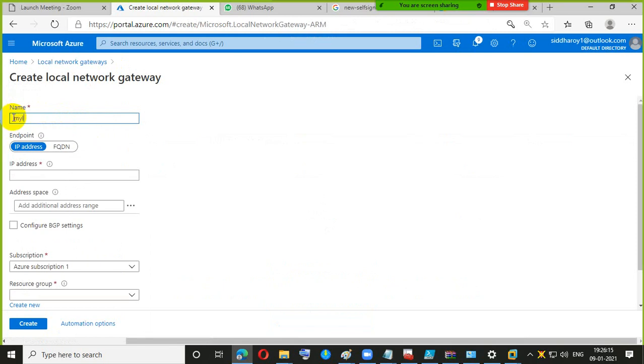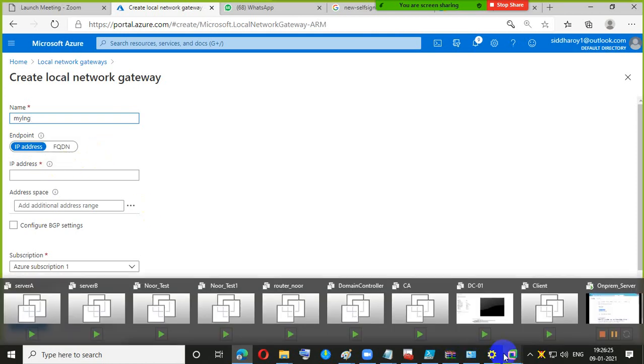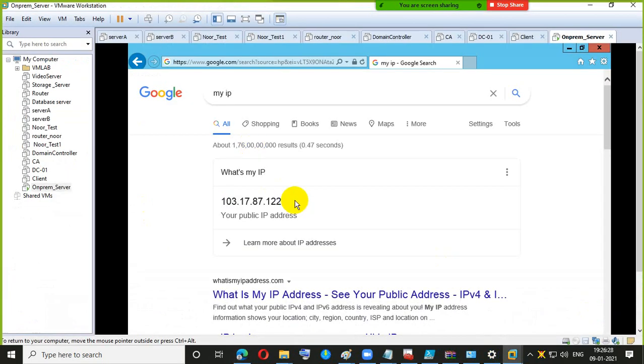And this IP address is the public address of your local gateway, your on-premises network address. So again I have to search, the same one they are giving, so I'm just copying this.